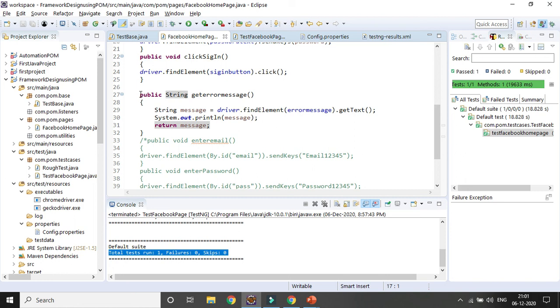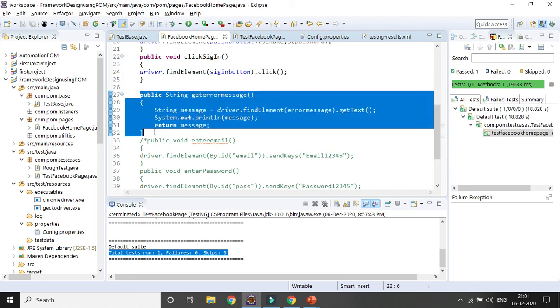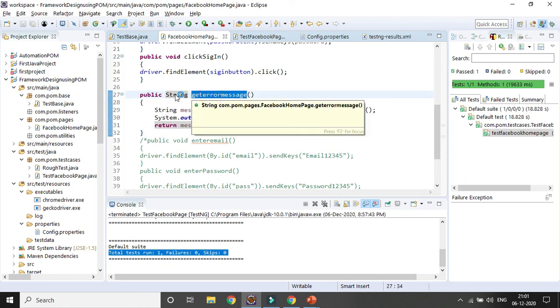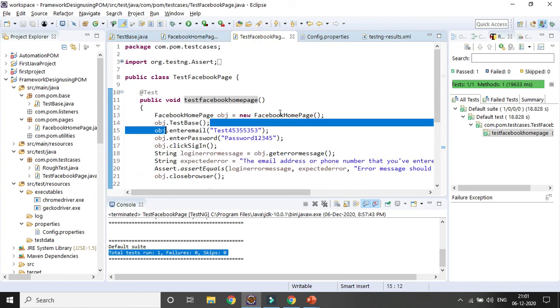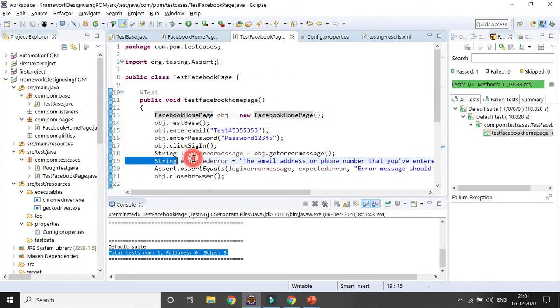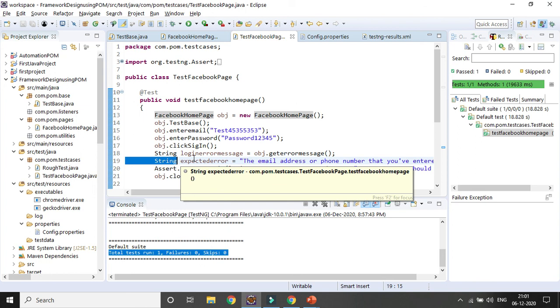So you can create some customized methods as well, for each and every field if required, and obviously you will call them and add some assertions as and when required, because the main objective is that you have to verify, otherwise what is the point? You can't simply execute step by step like that. For each and every step you have to validate, and in case of failure you have to take a screenshot. Also you can add some loggers, and you need to customize the report you are seeing.